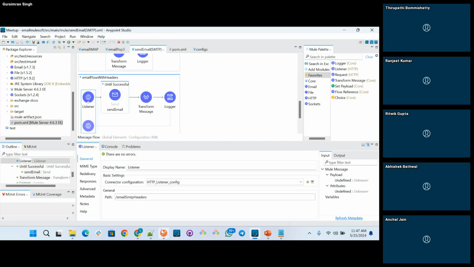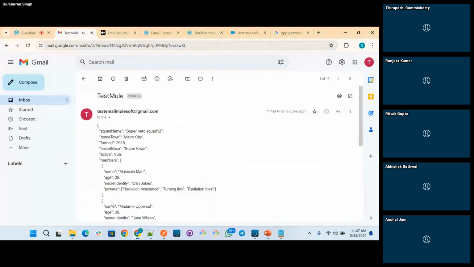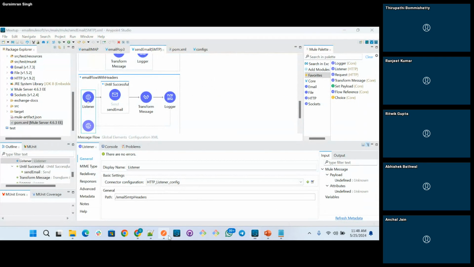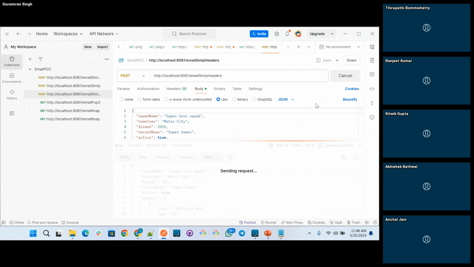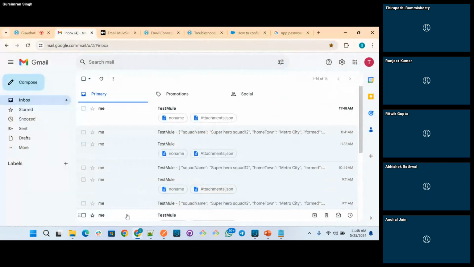It's email SMTP headers. Okay, so let me hit this one. The last email is 1141. Okay, so let me check my mail. It's real quick here.